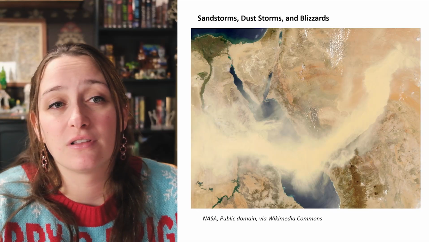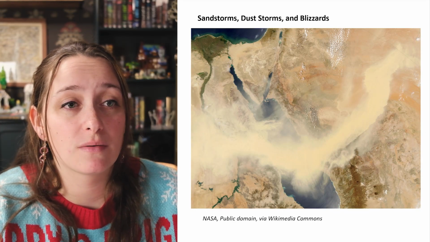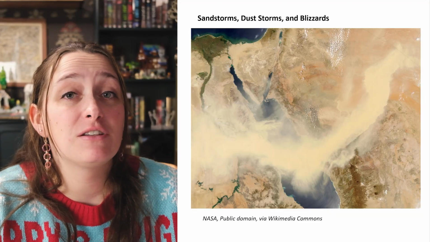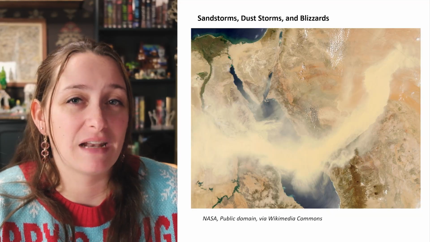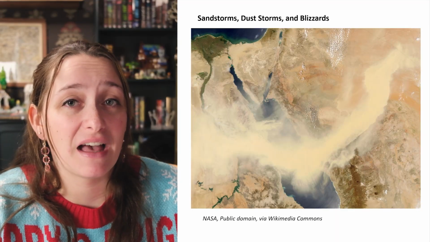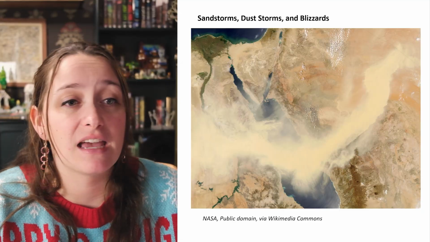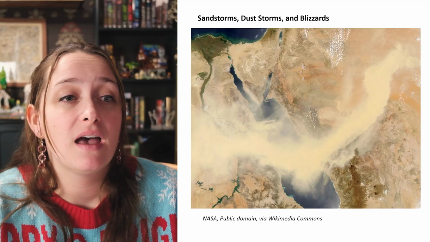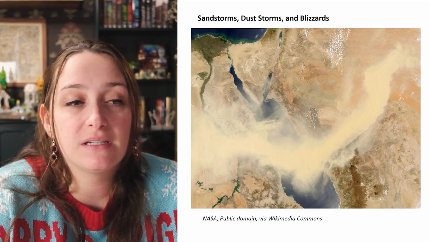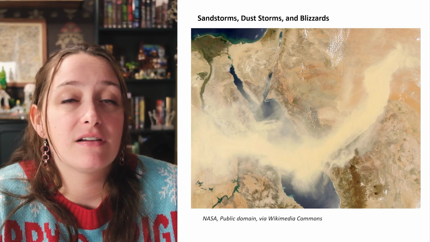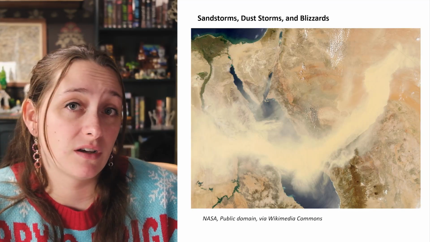People with asthma and other lung conditions will be the most impacted by the severe drop in air quality caused by these storms. And there are also diseases that can be transmitted by them, carried by the particles that can remain suspended in the air for days. So meningitis and valley fever are two such examples. And blizzards can block paths and roads, isolating people in their homes, make it so cold that people can starve or freeze due to being just trapped. So any people that live in areas with a high risk for these kinds of storms will need to have ways to mitigate and deal with their effects.